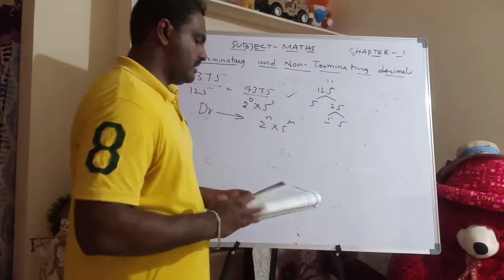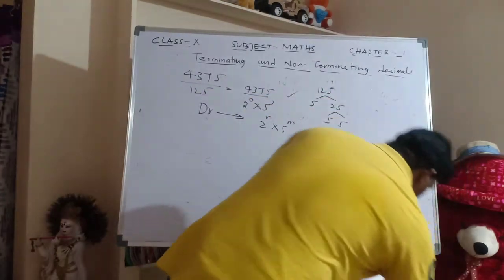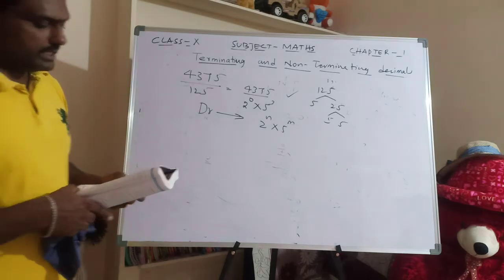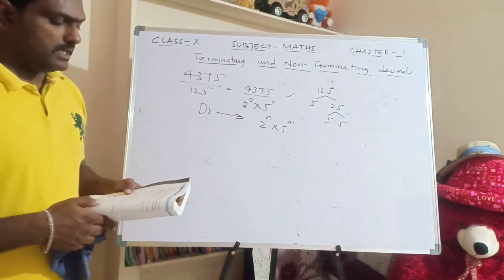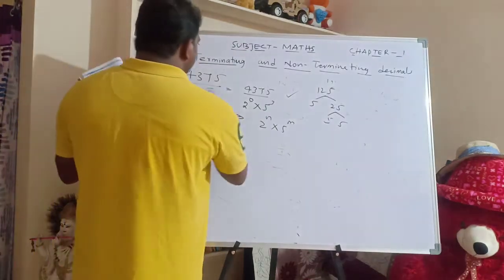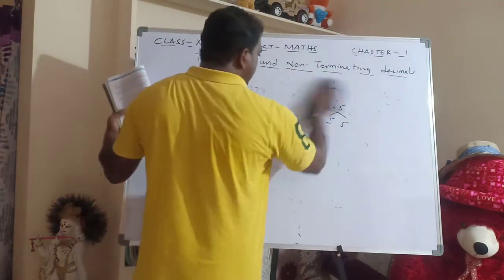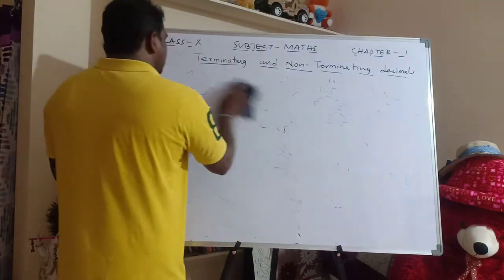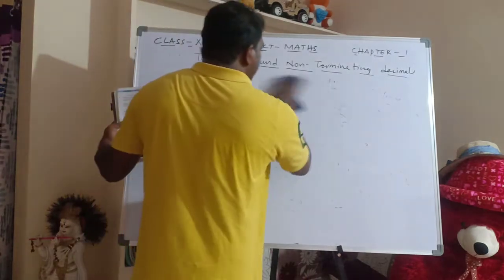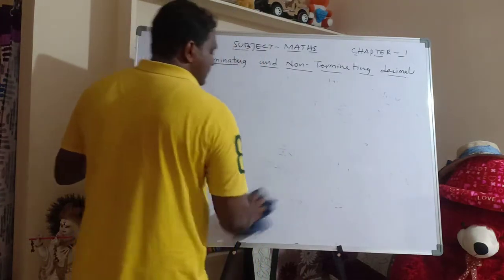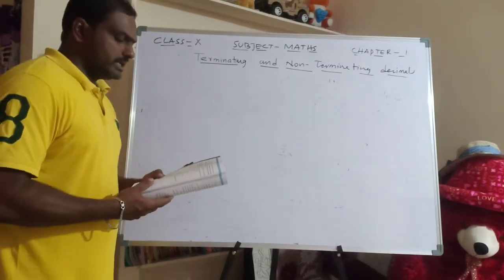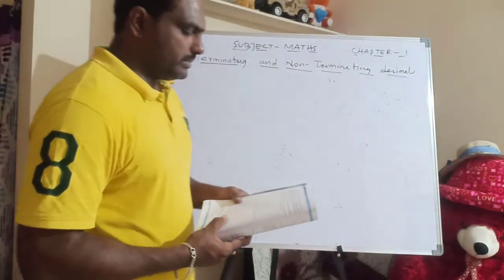Example number 5. Using the above theorems, without actual division, state whether the decimal form of the following rational numbers is terminating, non-terminating or repeating decimals. Repeating decimals means in the bar case. Non-terminating means it goes on continuously. Both are the same, but in the case of a repeating decimal, the same number is going to repeat. Okay, now I already told 5 examples. In this one also I'll take 2 examples.